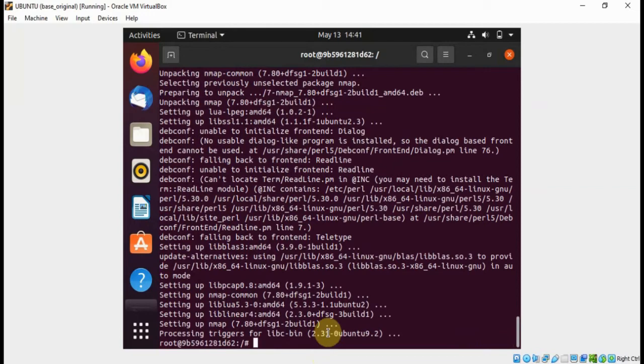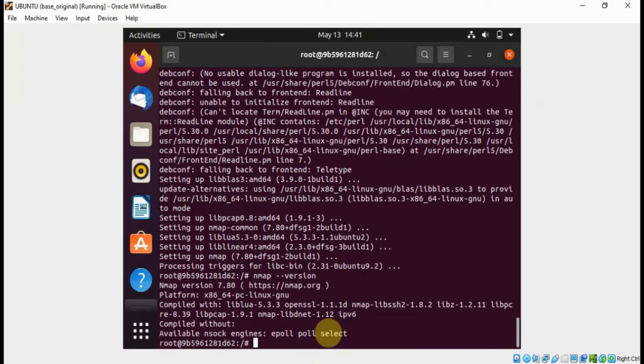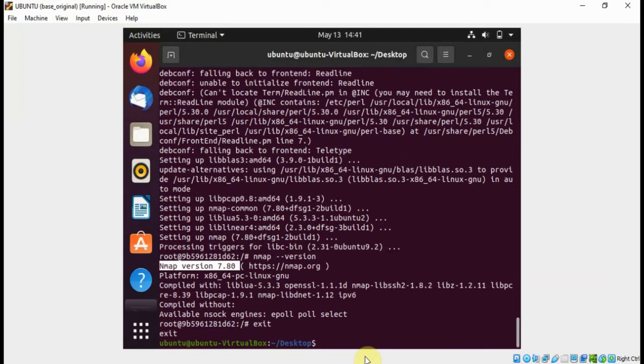Okay, it's done. Now we can verify nmap installation status. So we have successfully installed this nmap tool, and this is our tool version. You can see this nmap version 7.80. So this installation has been completed. So simply exit from this container and